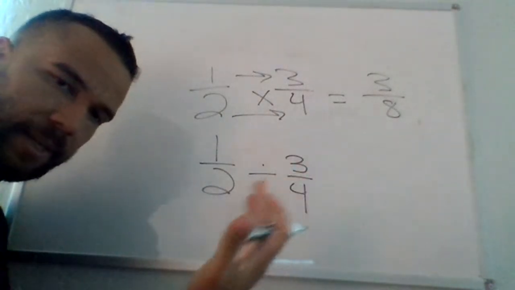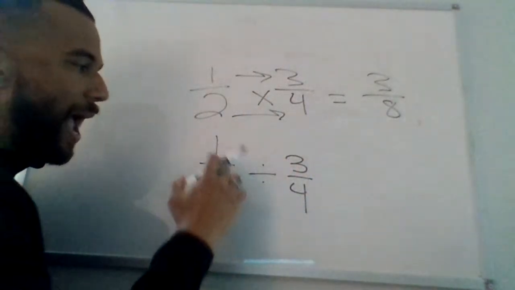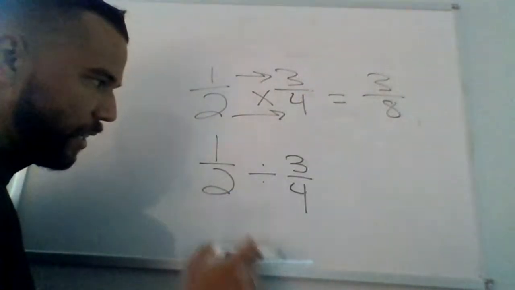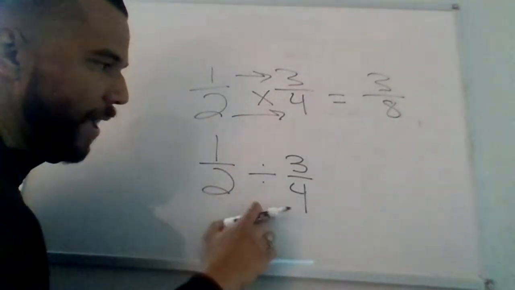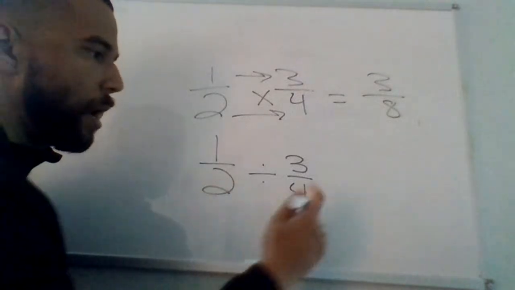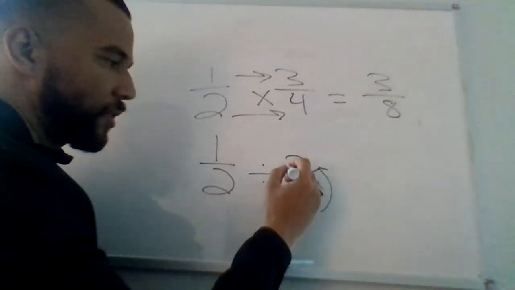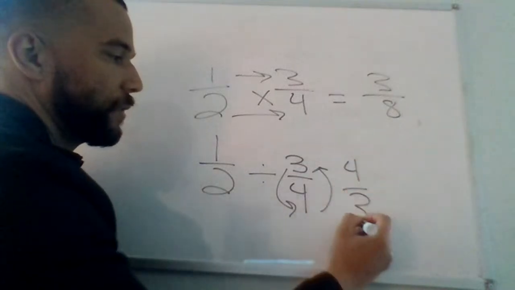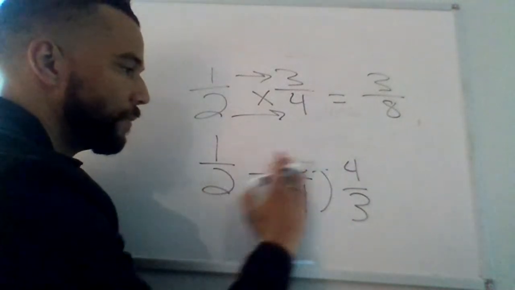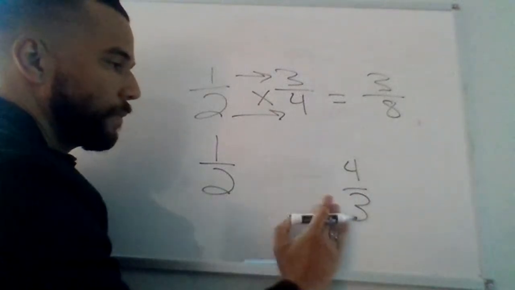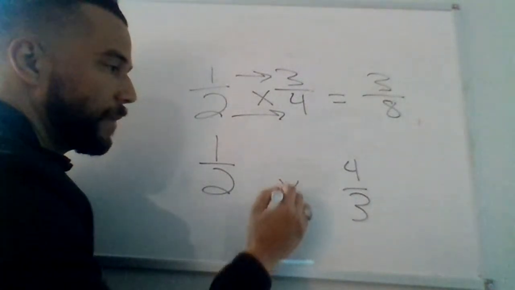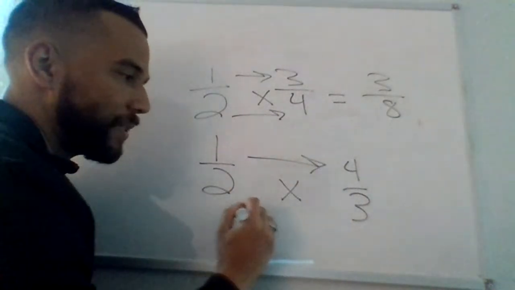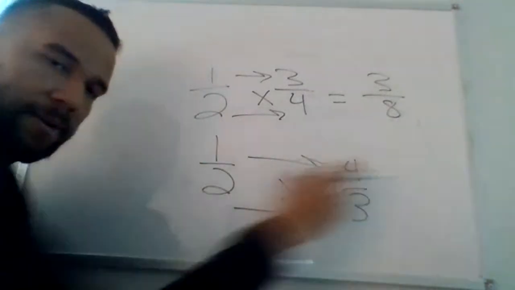This is like inverse thinking, an inverse operation. I can use that same concept to say, well, if I need to take a half and divide it by 3/4, why don't I just switch this around? This is going to be called the reciprocal. This is going to be 4/3. And now what I'm going to do is just multiply. Because now I know, because it's the opposite, that I could multiply across.